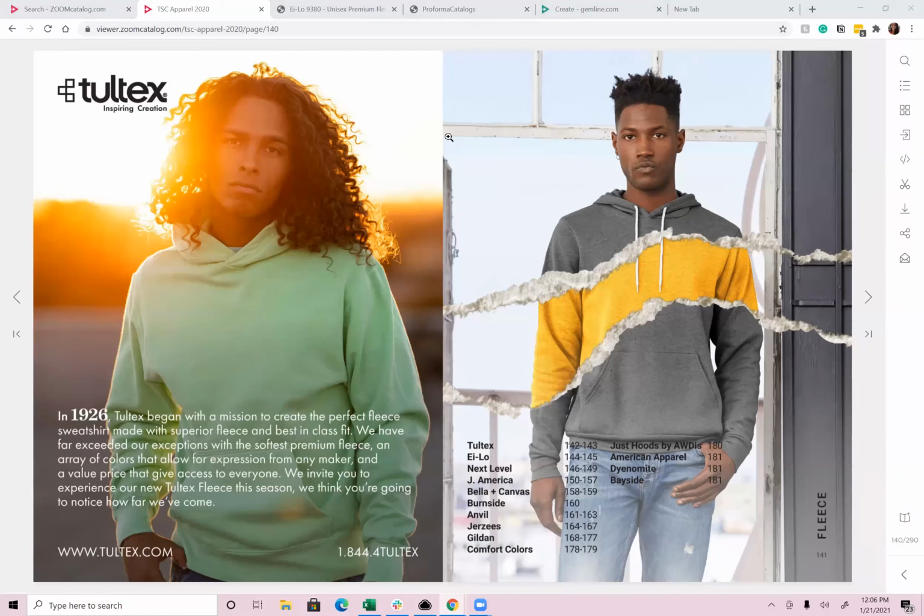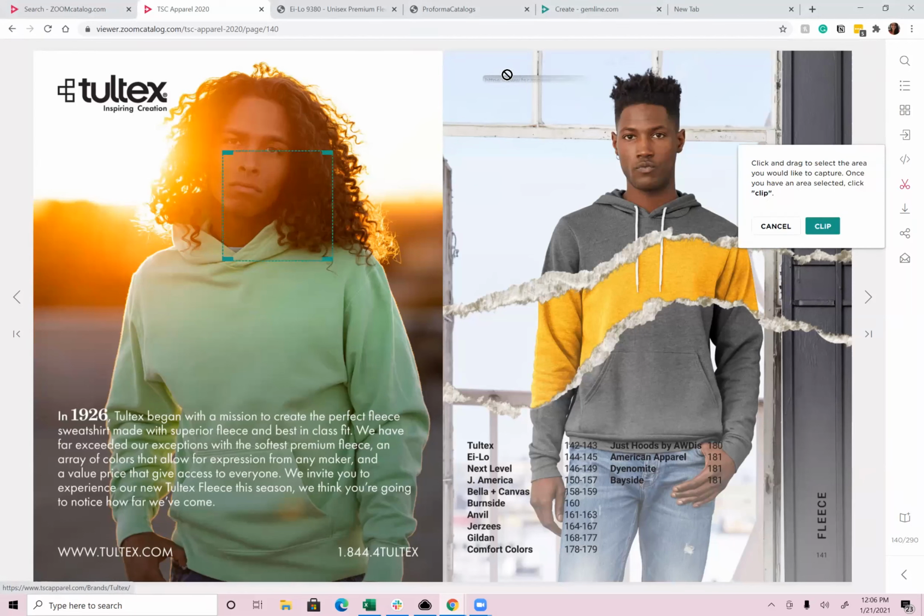So if you just want to send this page only or this product only, there's a couple ways to do that as well. So you can use our internal snipping tool in the catalog to cut out images off the pages. This is one of the most used tools in all our catalogs. Distributors absolutely love it because there's a lot of really cool things you can do with it. But if you wanted to send this product only, you could actually take this box here and drag it around the